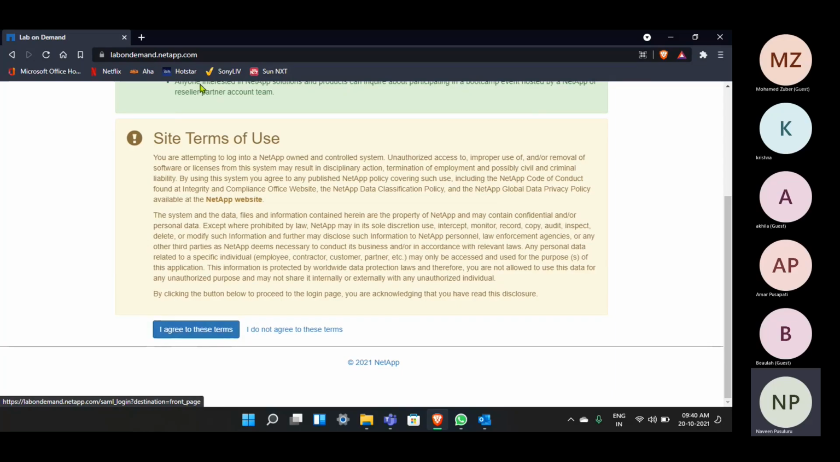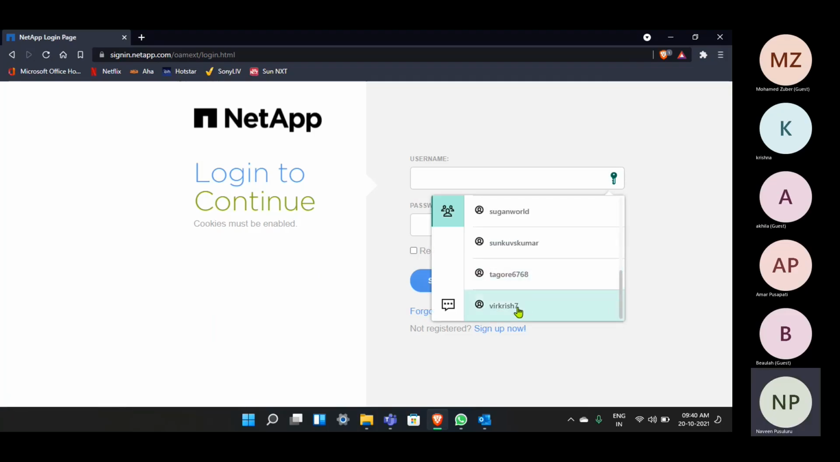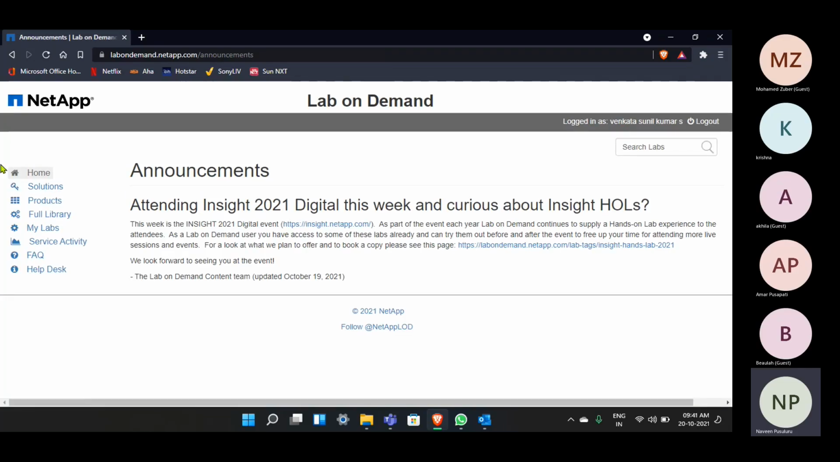After entering the URL, just click on agree terms and conditions. So it will take you to the login page. There you need to enter username and password. That's it. Then it will let you enter into the portal where you'll be able to see a lot of